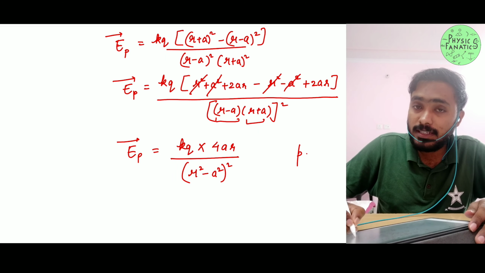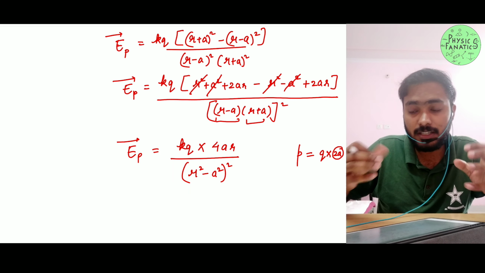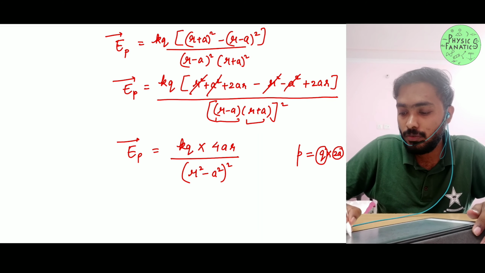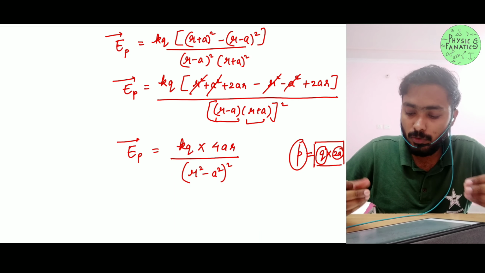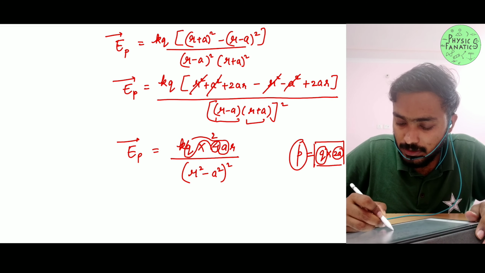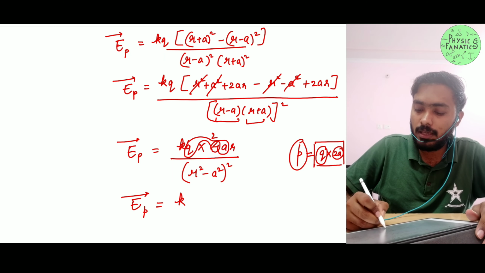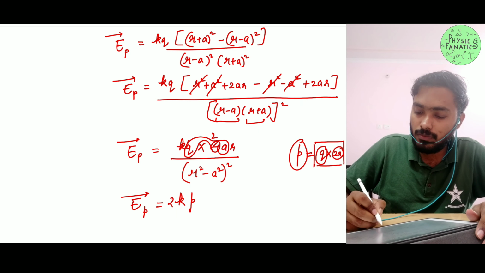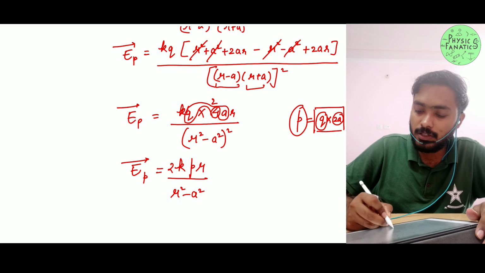So electric dipole moment is defined as P equals Q times the displacement between them, right? So 2a is the displacement between the charges, and one of the charge values is Q, so Q times 2a I can replace by P as my electric dipole moment, right? You can see Q is here, so from here I can take 2 and a, and this will become my P. So E_P is actually equal to kP times 2r divided by (r squared minus a squared) whole squared,